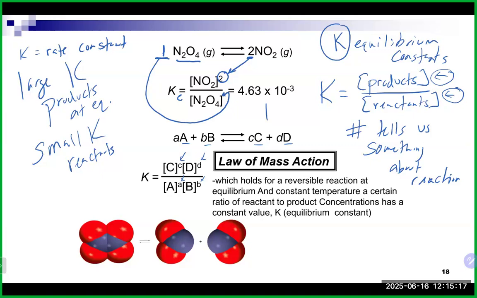As we will see as we go through the different chapters and talk about equilibrium, there is a wide range of large and small. You can have an equilibrium constant that has a value of times 10 to the 54, which is extremely large. You could also have a K value that has a value of like times 10 to the minus 34, which is extremely small. And you can have K values anywhere in between there. So we could have really large ones, but regardless if you have a large value of K or a small value of K,